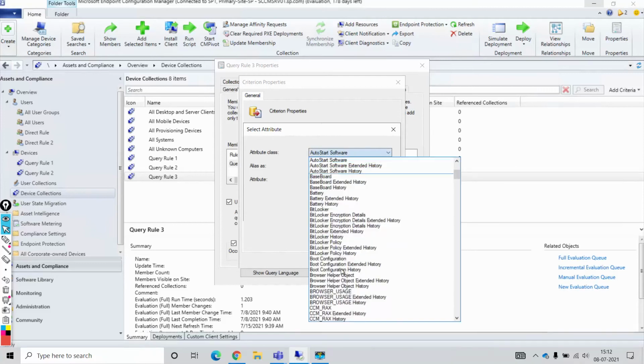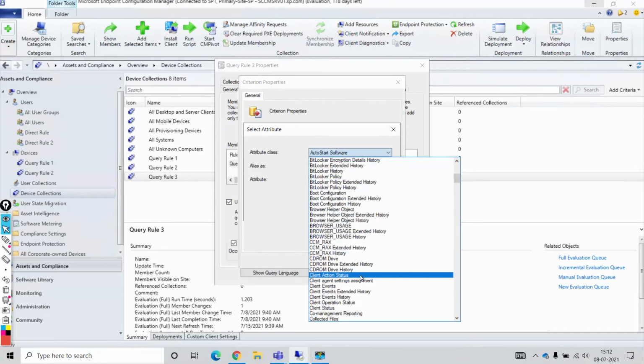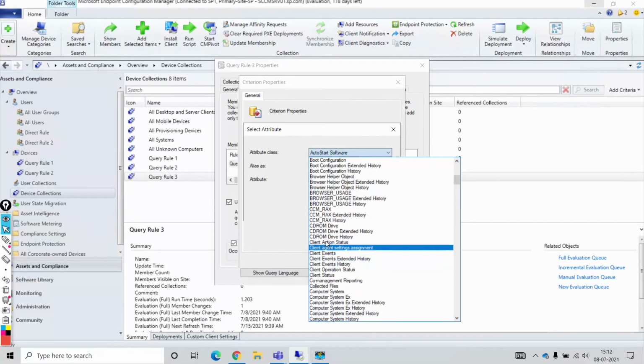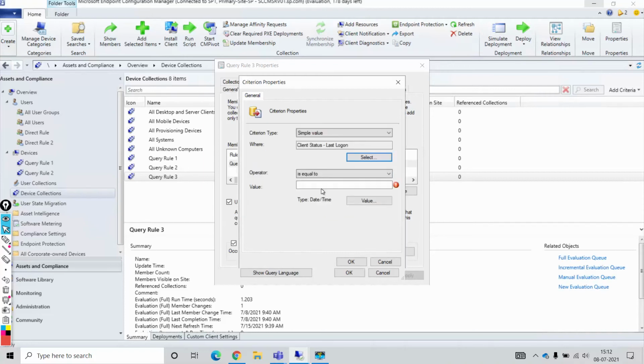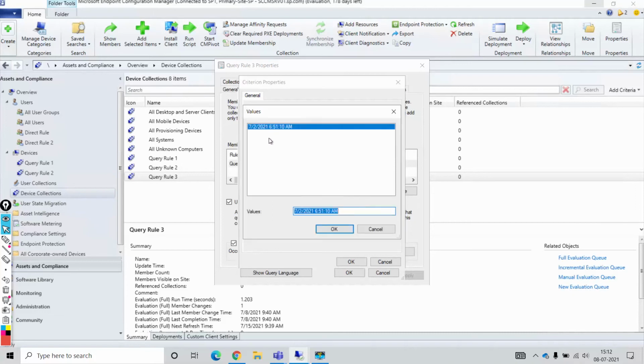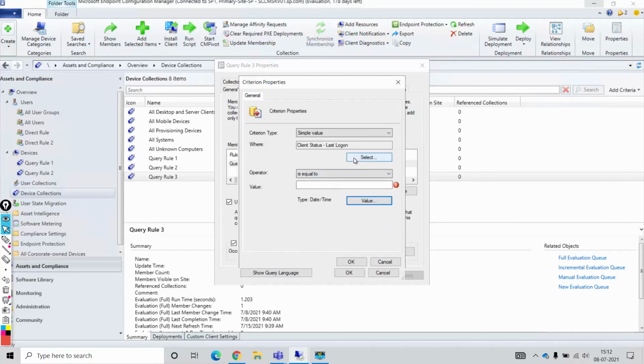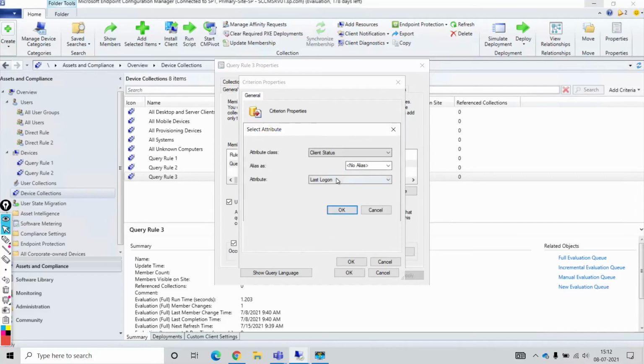So let's say attribute class, I want client status, which is last log on. Okay, and where equals to, you can see the last log on is 6:51 a.m. Or I can change the attribute also.